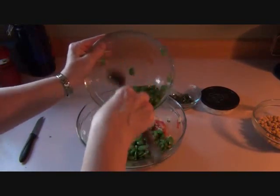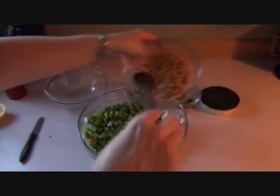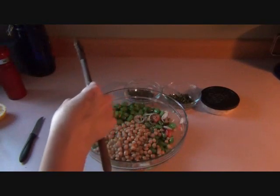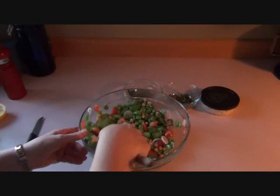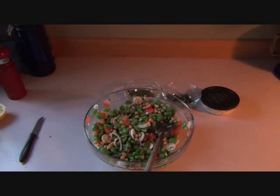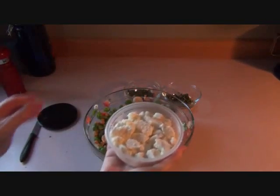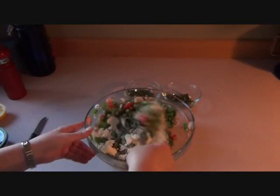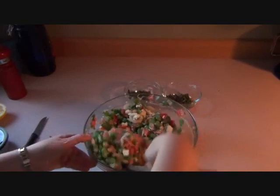Fava beans, and just a few of the garbanzos. All the garbanzos, what the heck. Okay, Jamie's recipe calls for 7 ounces of feta cheese. It doesn't say when you put it in, so I'm just going to add it now. And put a lid on this, and it is supposed to marinate